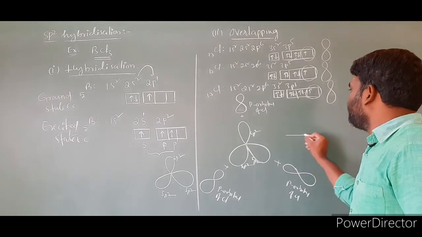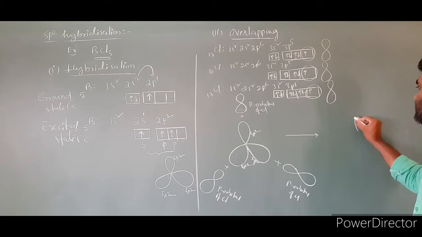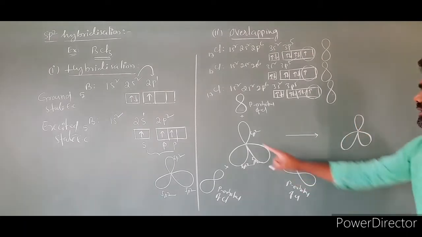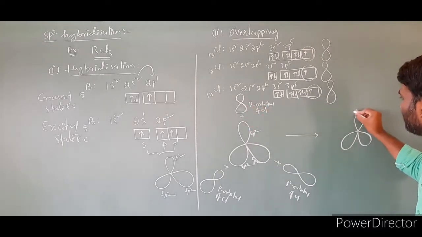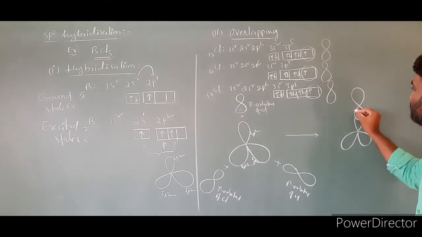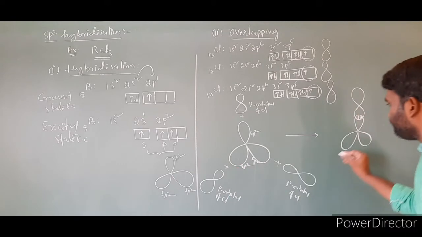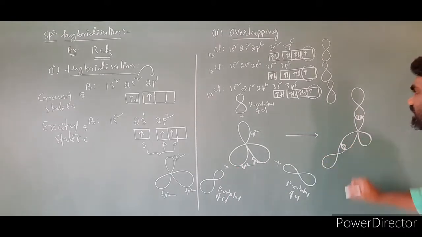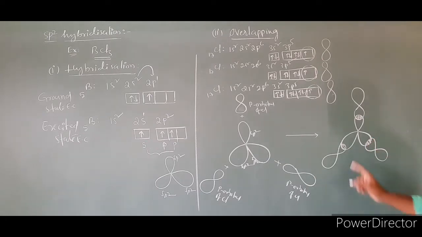As a result, what is the structure we can expect? The center remains the same, 1, 2, 3 remain the same at the center, and this is overlap. These 2 overlapped. This overlapping I am showing like this. So this is the overlapping. Clear? And these 2 overlap. These 2, this is the overlap region, isn't it? These 2 overlap.